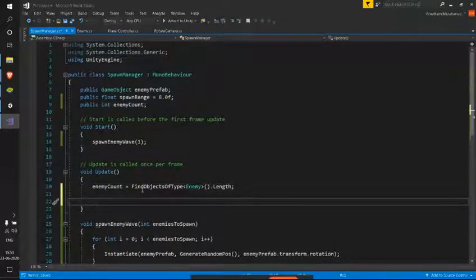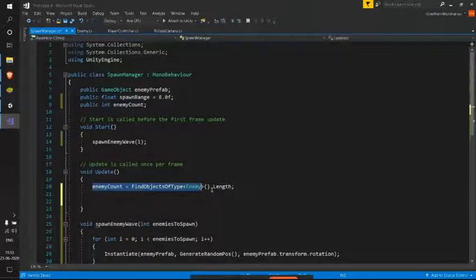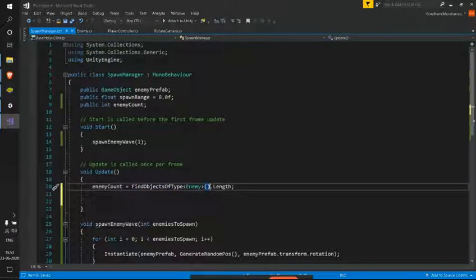So my enemy count is always keeping track of my number of enemies. How is it doing that? FindObjectsOfType is similar to GetComponent, but GetComponent of a particular type searches for a component in a game object, whereas FindObjectsOfType will search for this particular type, Enemy, in our complete hierarchy.